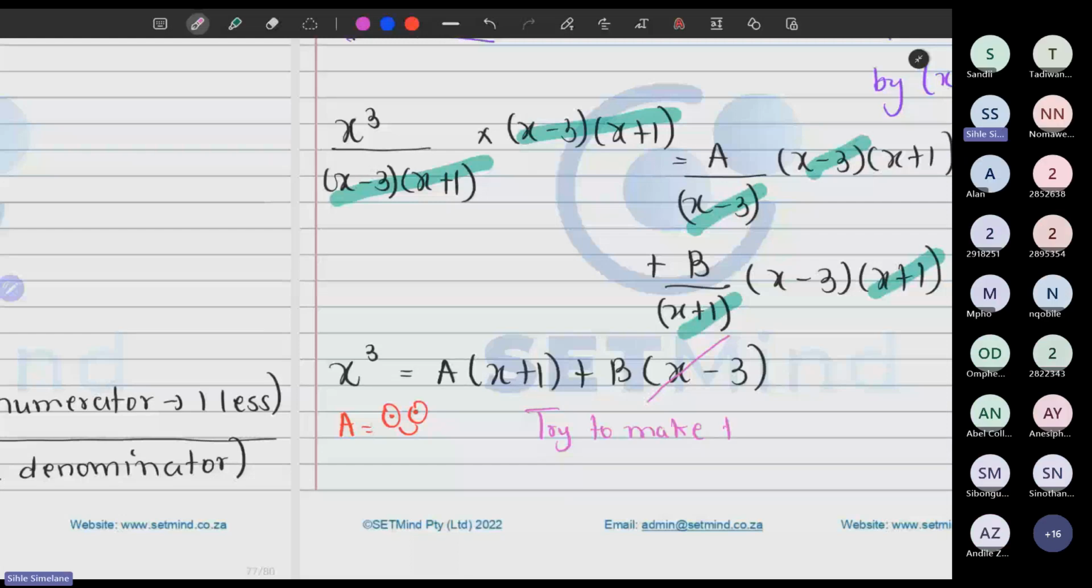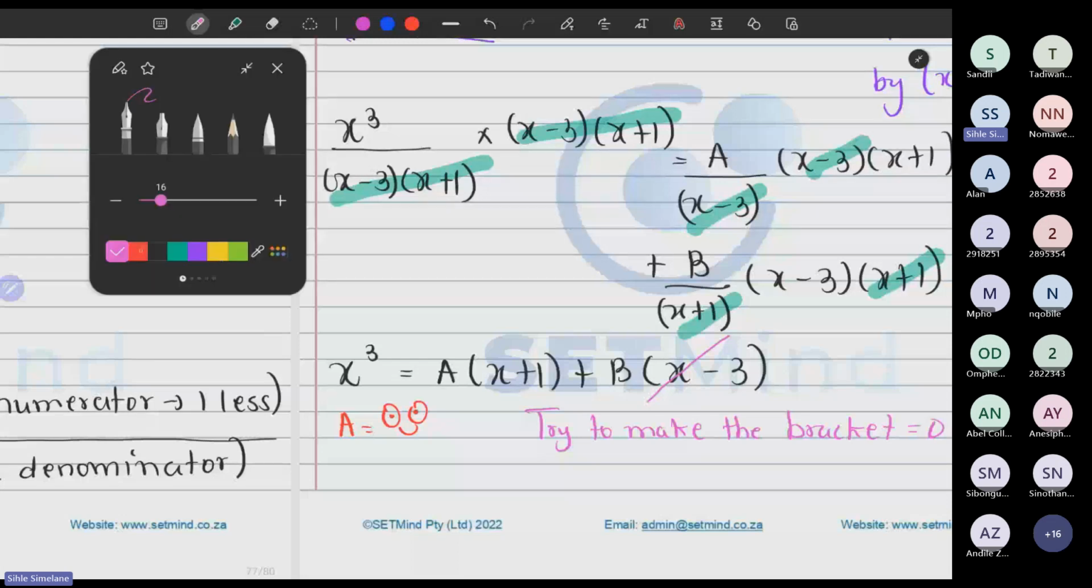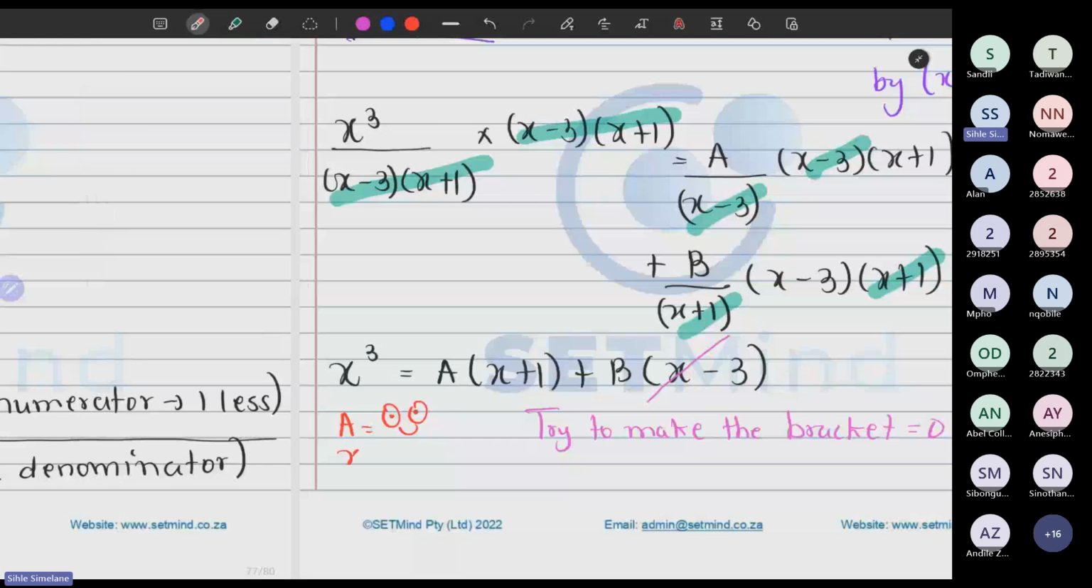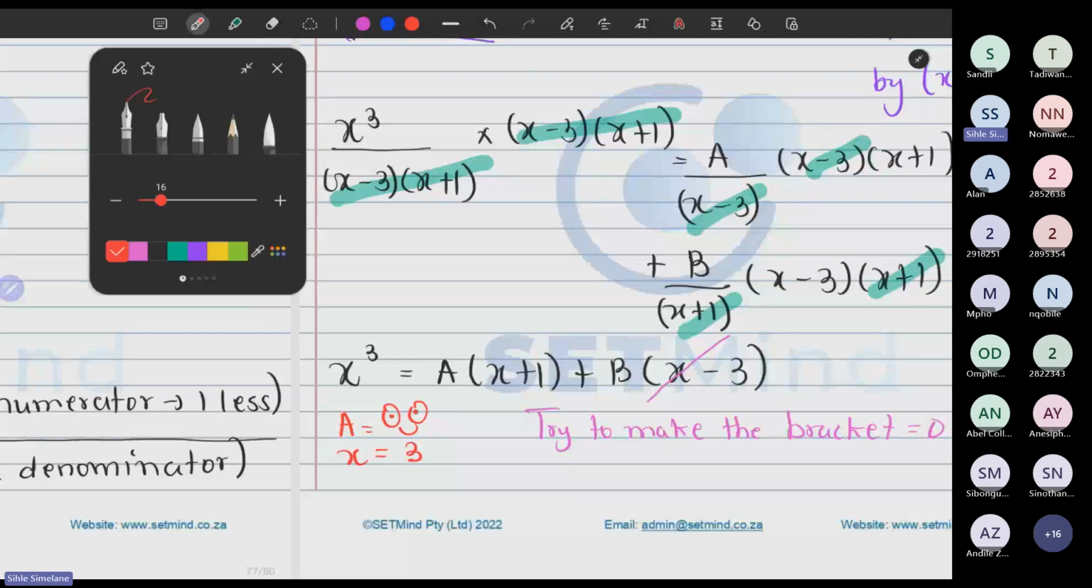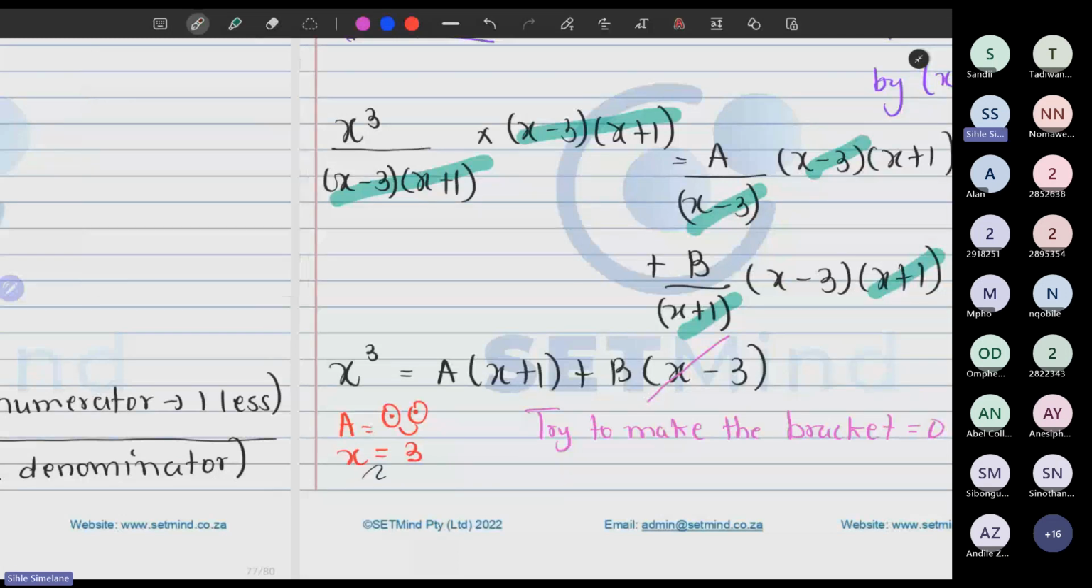The bracket to be 0. Because I don't need to stress about B, there will only be A left. And how can I make that bracket to be 0? Well, if I set X to be 3, that bracket will go away, so I don't need to stress about the B. So if we make X to be 3, on the left-hand side, we'll have 3 cubed